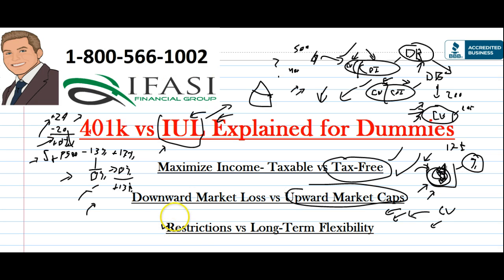One of the things I mentioned was restrictions versus long-term flexibility. These types of products work best if you're trying to leverage them over 10 years. Honestly, I like to see it over 15 years, over 20 years, to make sure that you're getting that long-term growth on those plans. Reason being, IUL plans are front-end loaded, meaning your most expensive charges are going to be in the first couple of years, because that's when the net amount at risk is going to be highest on